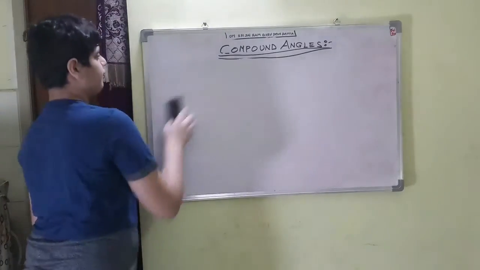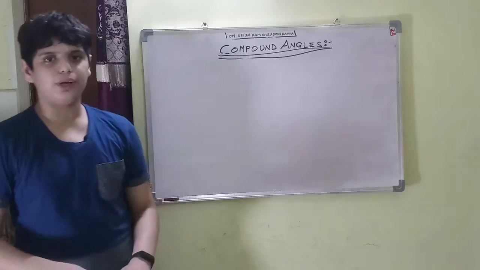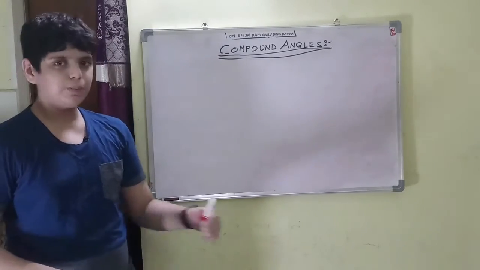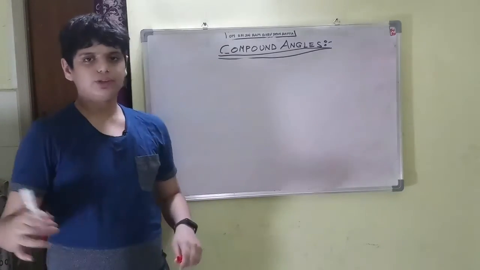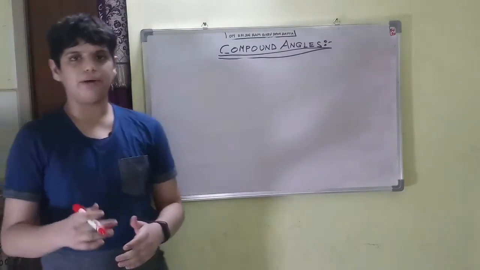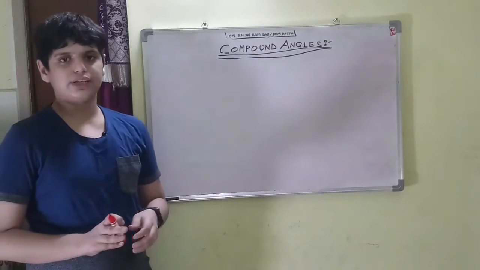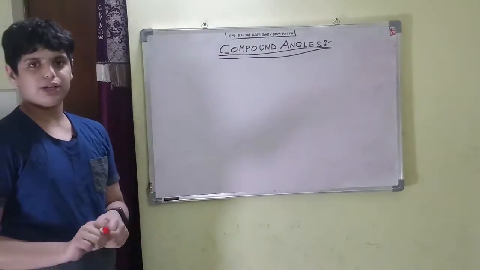So let us start. Trigonometry is all about learning the formulas. The better you learn, the better you practice, the better you score in the exam. You don't need to memorize all those derivations. You just need to remember the formula and apply it in the exam. We are not explaining the derivations because it will make the video lengthy. We have so many formulas to discuss.